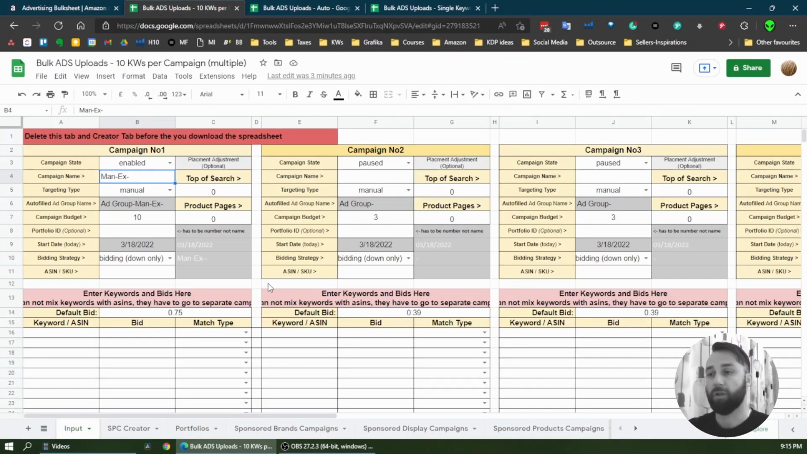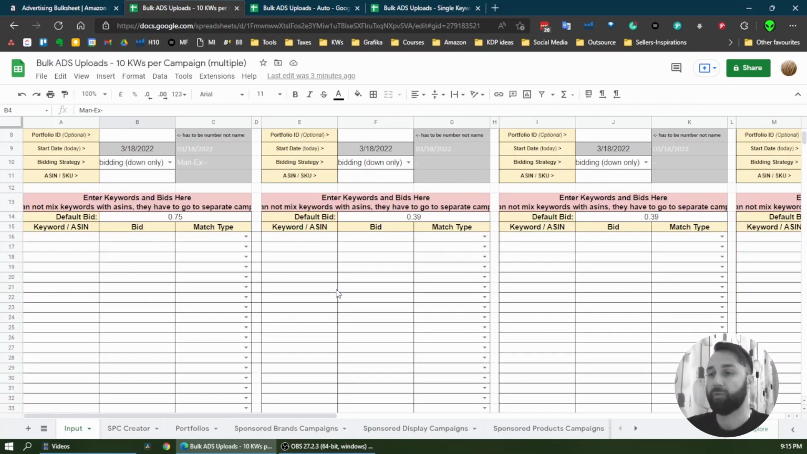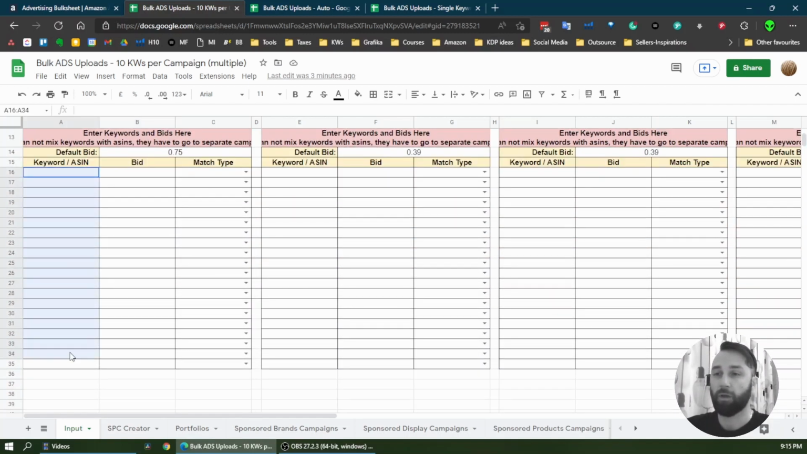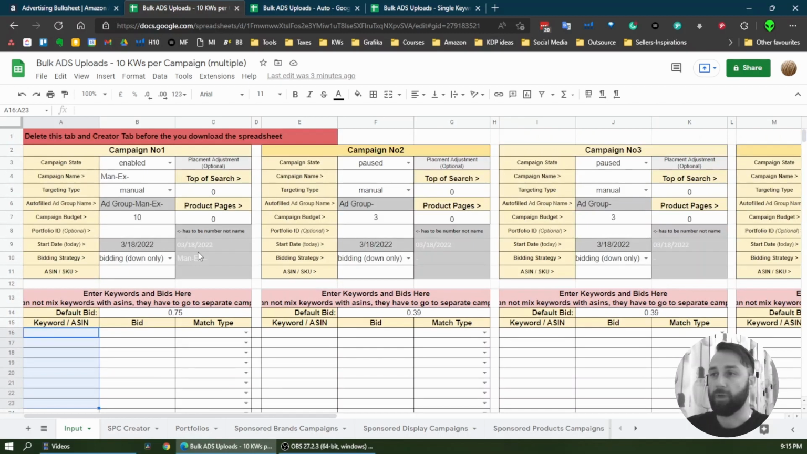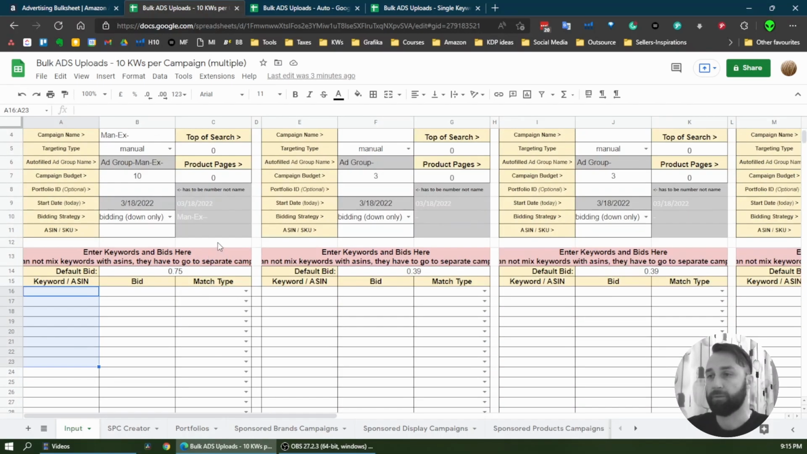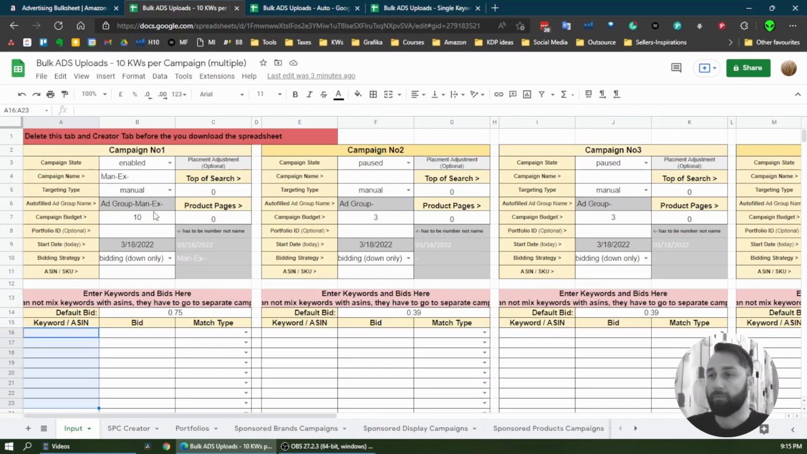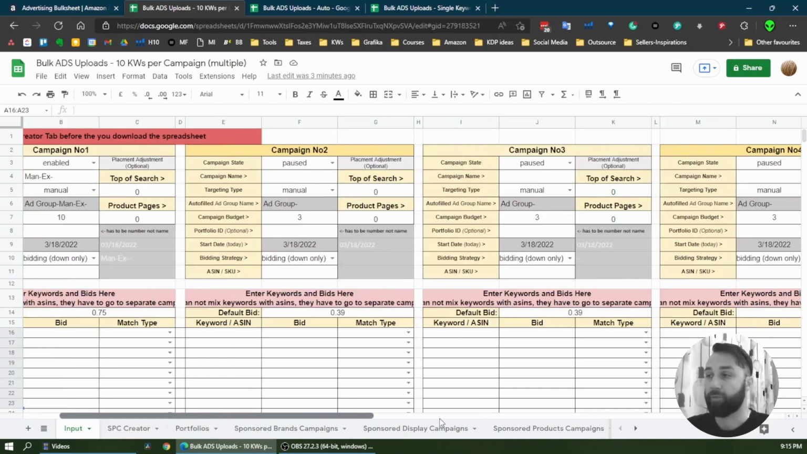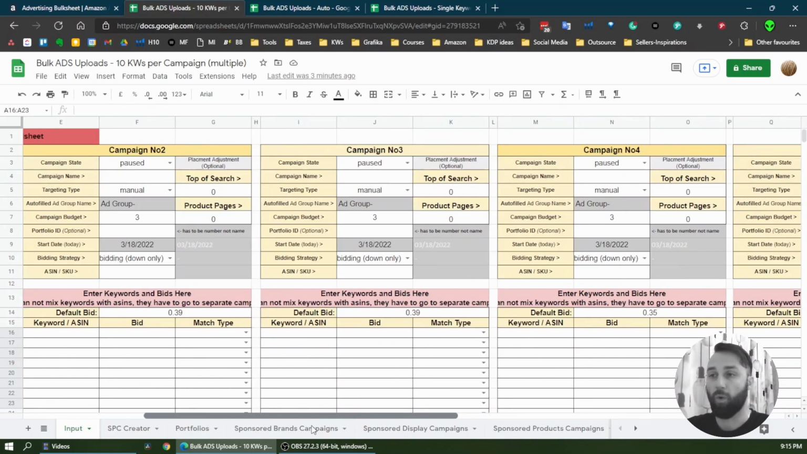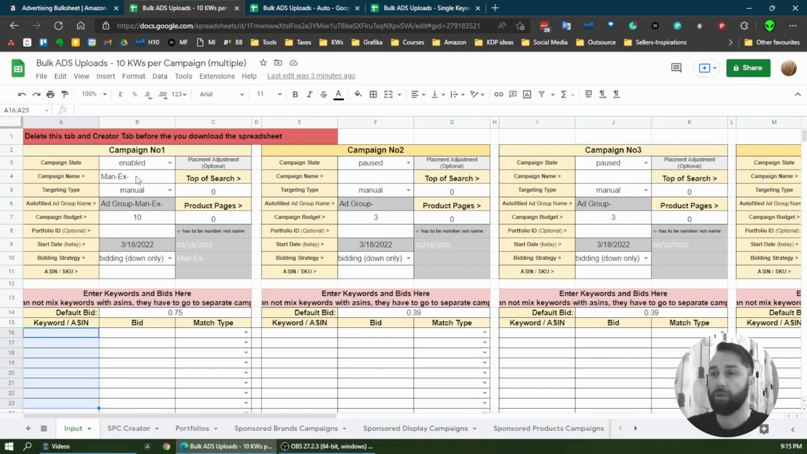This is the spreadsheet I use if I want to create few campaigns with up to 10 keywords in each campaign, and I can create up to 8 campaigns at once. So what it means is, let's give it a name, manual exact first campaign, and you can